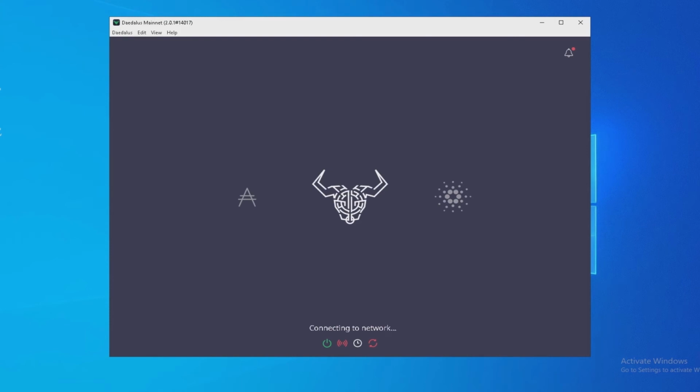So the blockchain database is now downloaded to the computer. Now what it will do, it will synchronize with the network. So let it connect to the network.